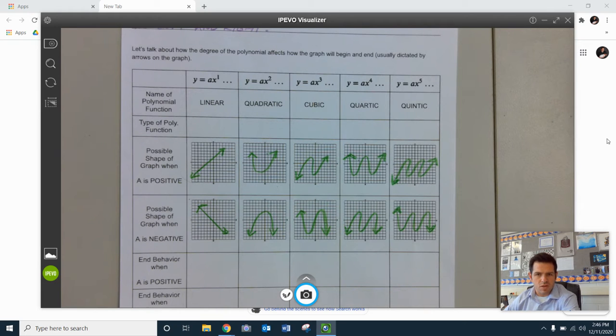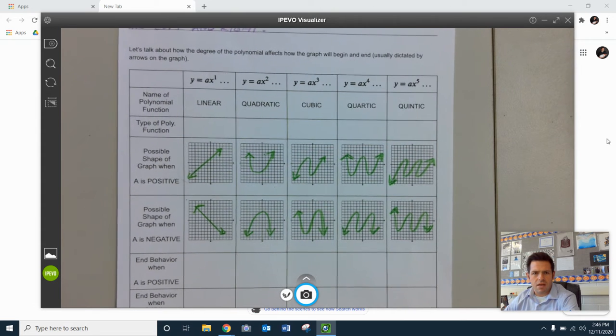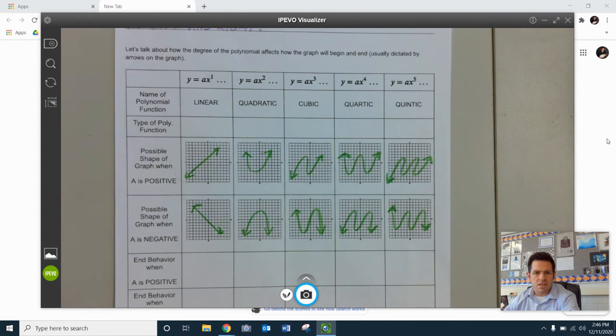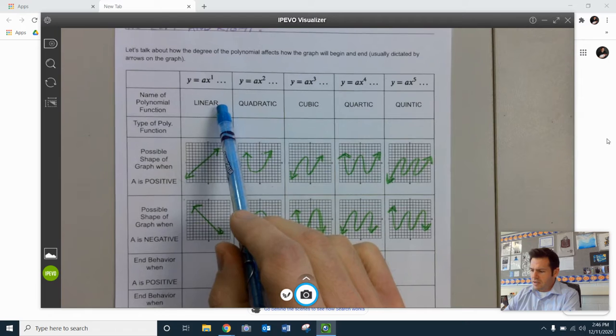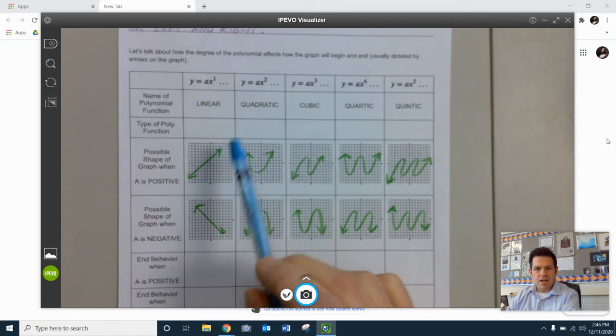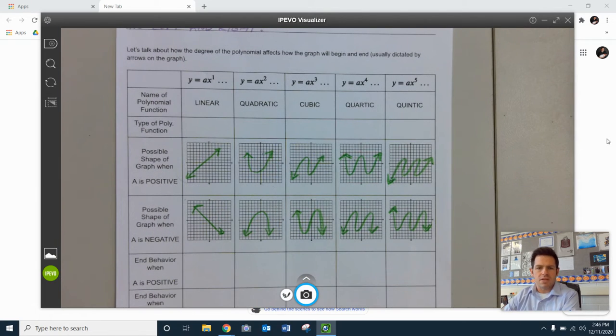If you need to push the pause button on this, please make sure you do that so you can draw that on. We want to spend some time talking about end behavior, and specifically in these problems, take a look at what we can see here. So linear, that line we saw in Algebra 1, quadratic, the parabola we saw a lot of times. And basing our looks off of that, we need to understand here that